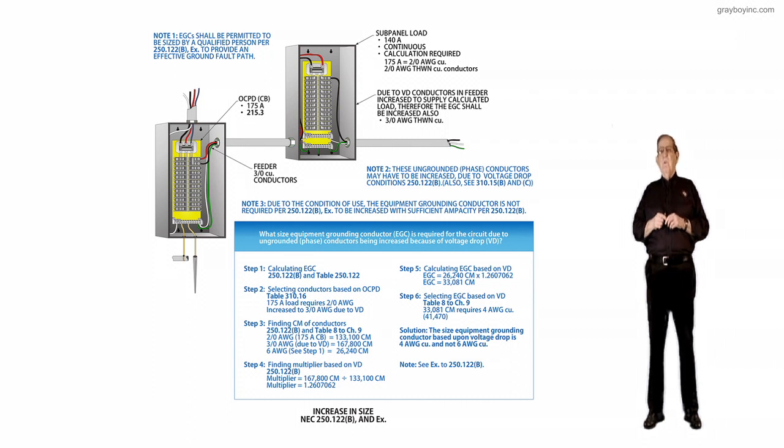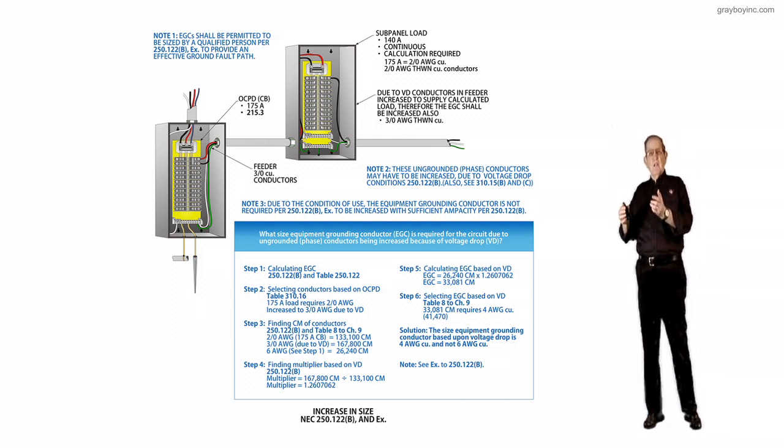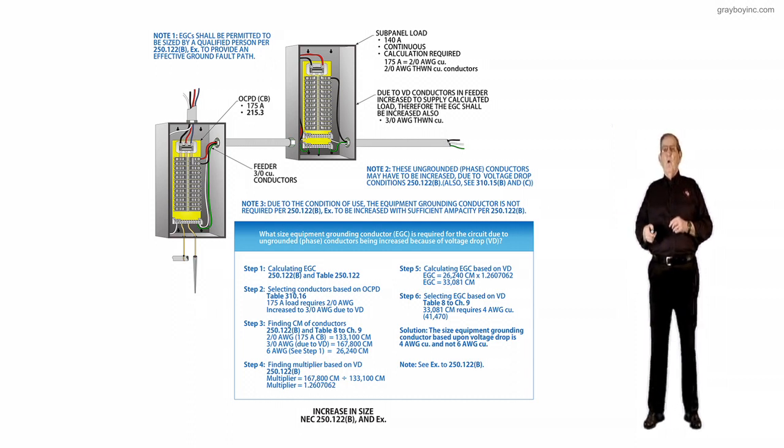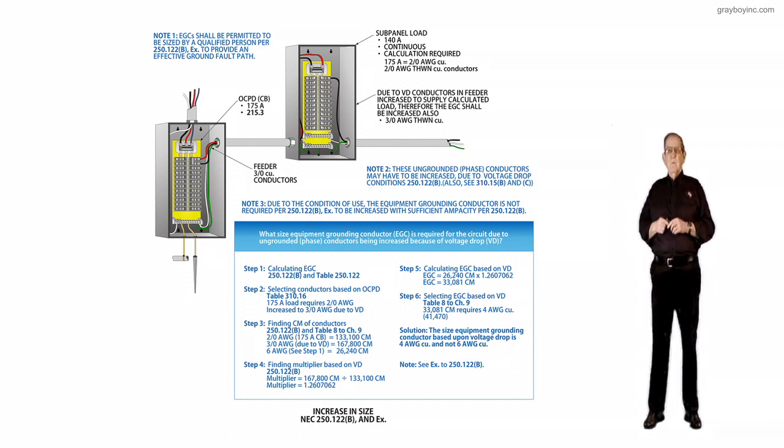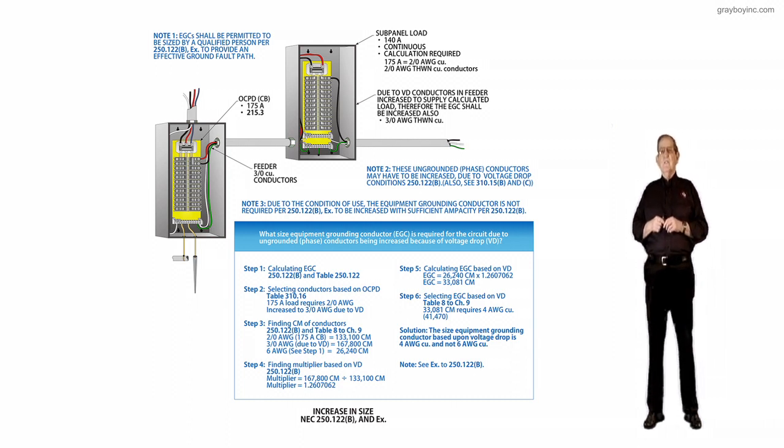So step 4, we were going to determine what our multiplier would be to determine if we need to increase that equipment ground. So step 4, we took the 167,800 for the 3/0, divided it by the circular mil rating of the 2/0, which is 133,100, and our multiplier now was 1.260,